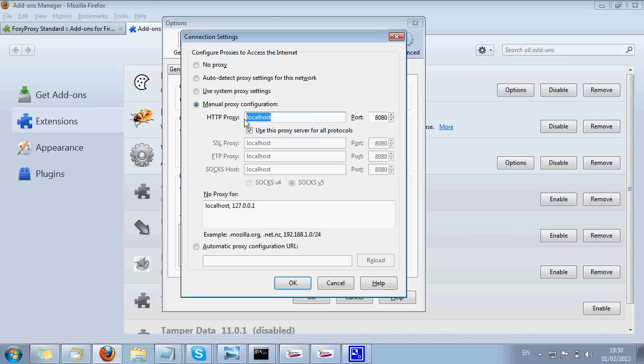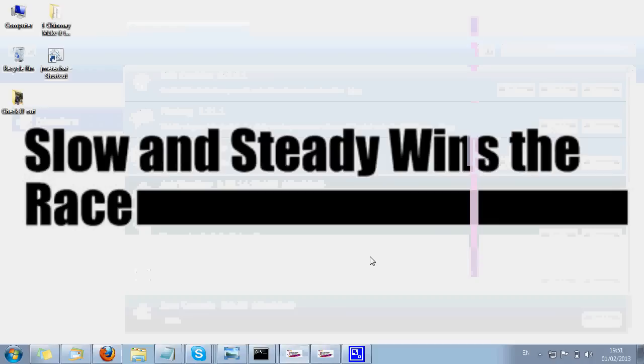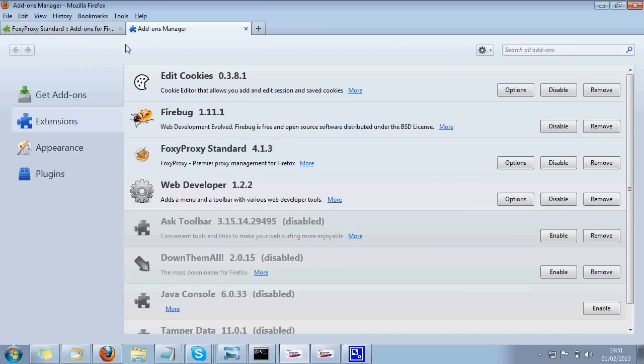For that we are using Foxy Proxy Standard, where we can add multiple proxy settings. Okay, so let me show you how we are going to add and use it. So let me enable it. I need a restart. Okay, it's enabled.